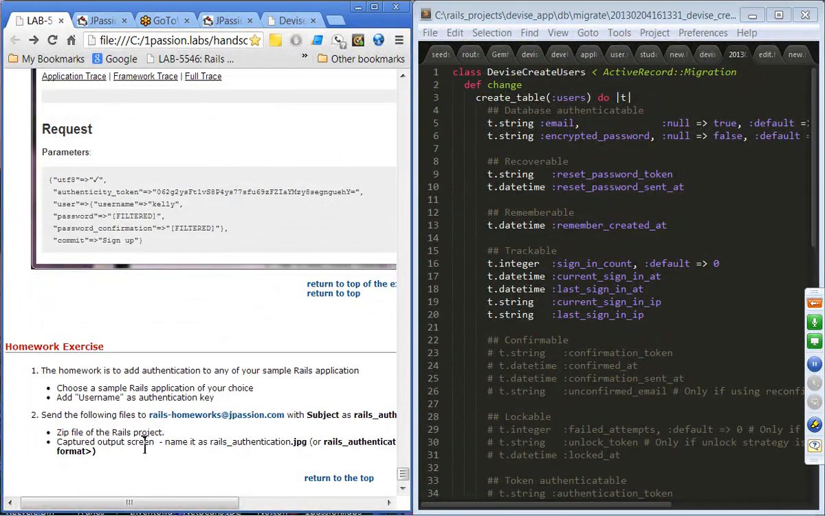Okay, so that's pretty much what I have. So it's about 11:50. So let me make sure